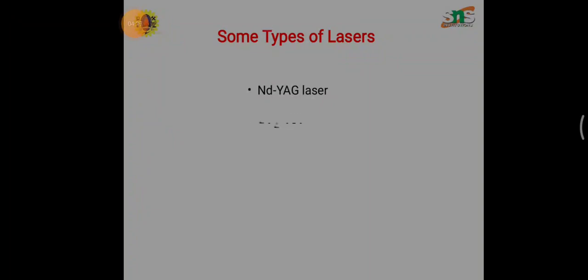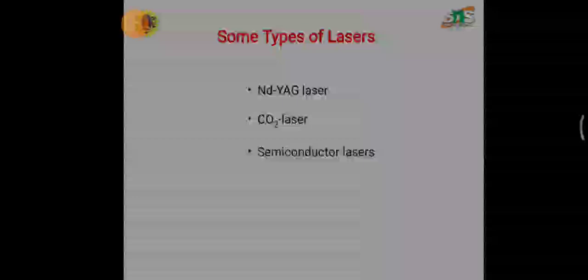Then gas laser, for example CO2 laser and helium neon laser. Semiconductor laser, for example gallium arsenide laser. Liquid laser, for example europium benzoyl acetonate dissolved in alcohol. And dye laser and